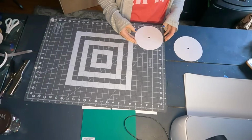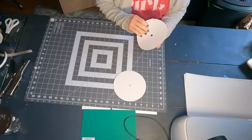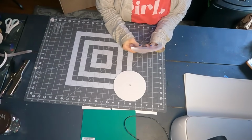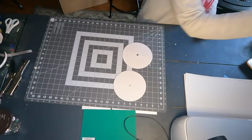So I'm going to start with the streamers first, and I have a 6-inch backer. I have a couple of them. I'm going to fold one in half and then cut it. So this is going to be the backer I use for the ribbon streamers and then attaching the braids and